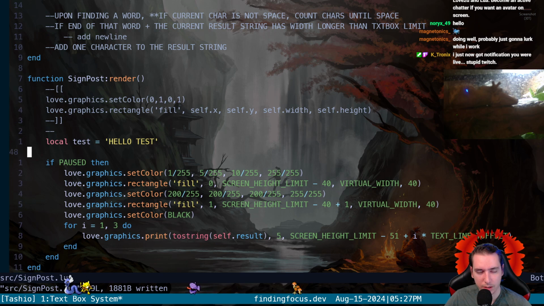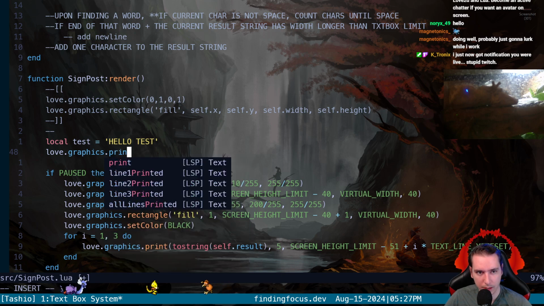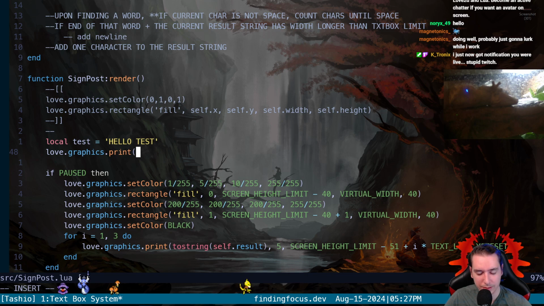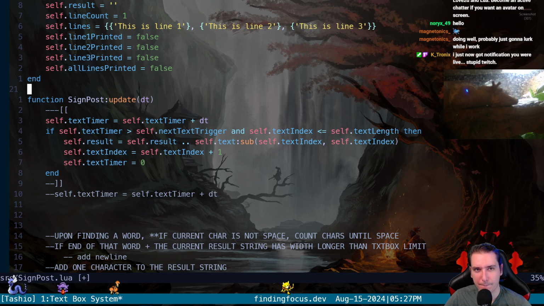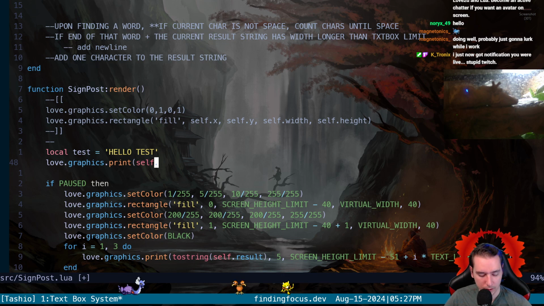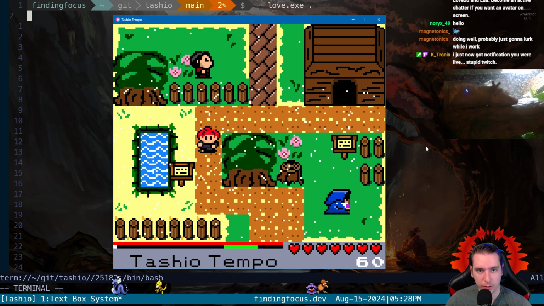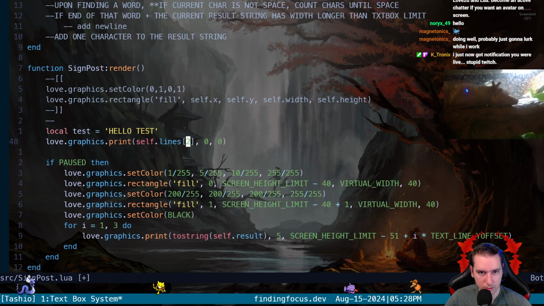And you know what? Actually, let's try to do this where we're going to say love.graphics.print, and we will print the self dot lines. That is our table of lines. We're going to say self dot lines index 1. Now that should be line 1, and let's just double check that. Because I want to test, it's only in our signpost, which means we'd have to do that. Okay, so yeah, that is line 1, and then if we were to go to lines 2, it would be